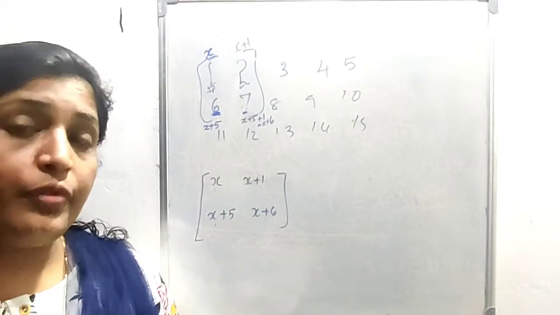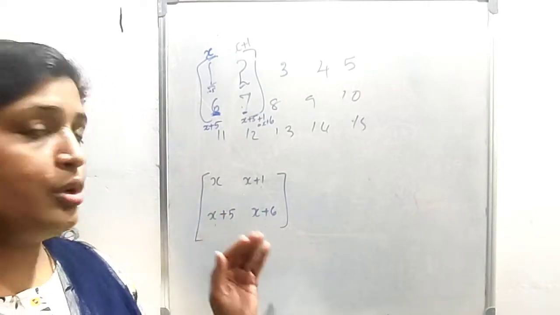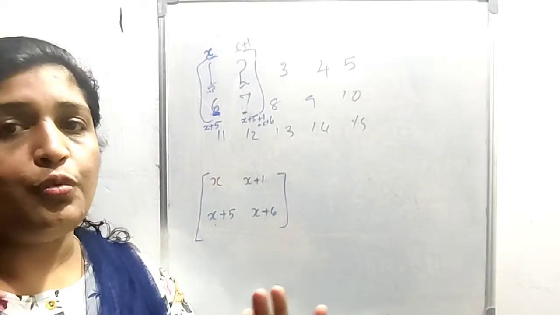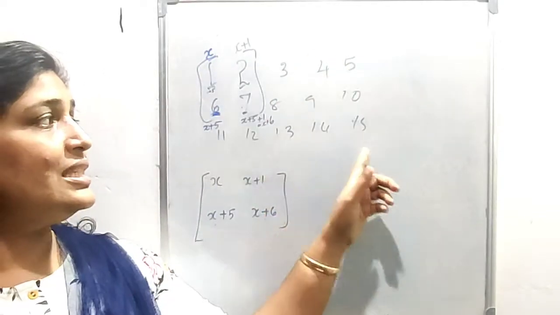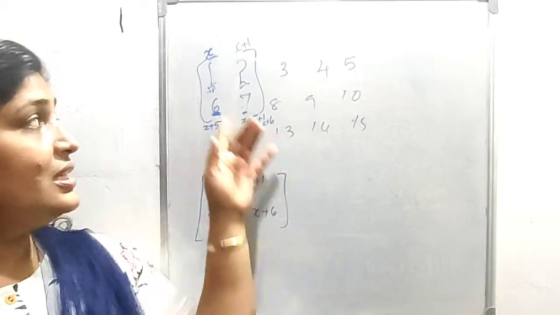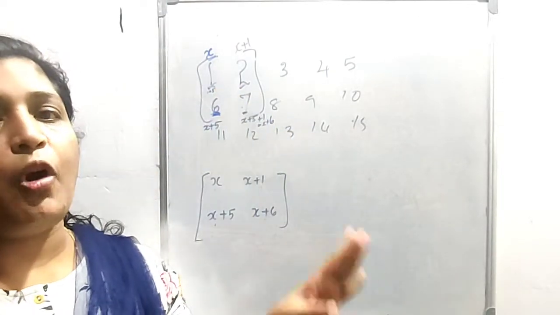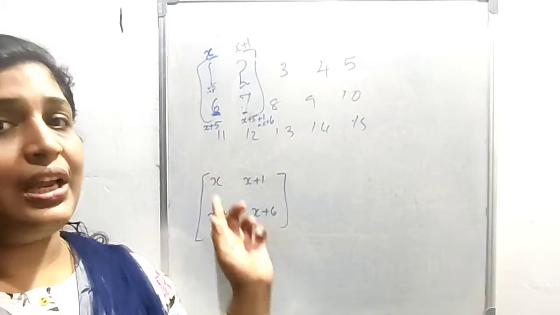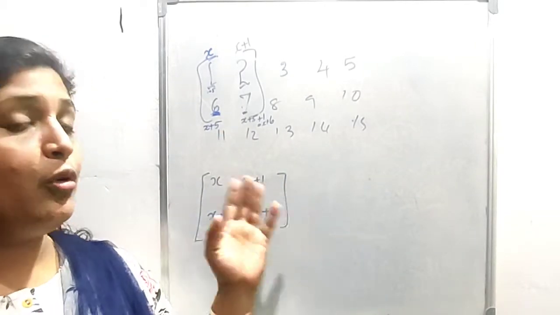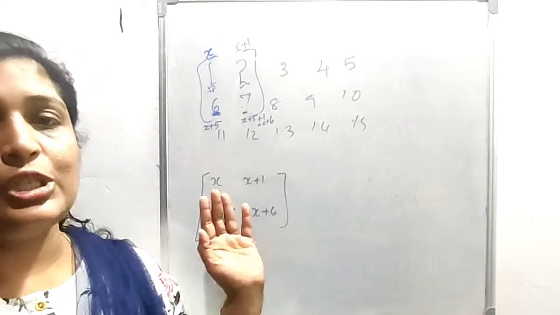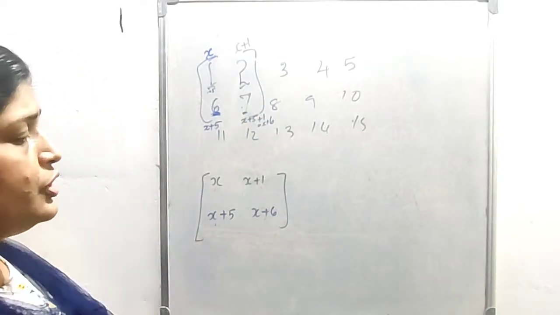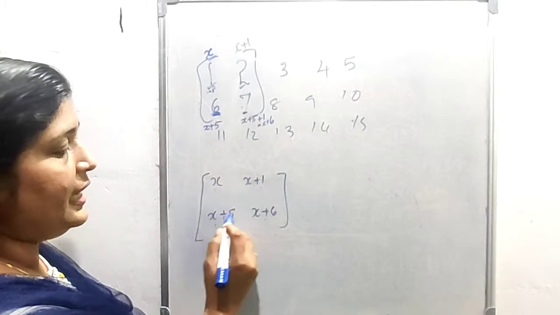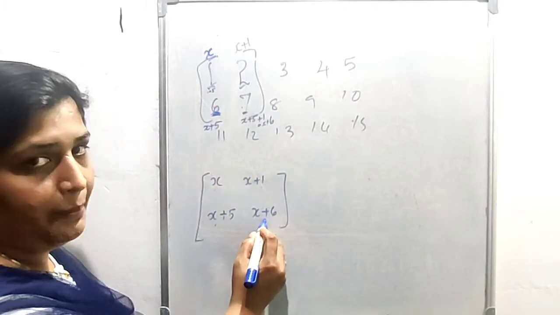Okay, so what are we going to explain? Yes, we need to show that the difference in the diagonal product is equal to 5. In this set of numbers we can see that the difference in the diagonal product is equal to 5. So we just extend that result to algebra, or we are going to explain this result using algebra. So here I took 4 numbers: x, x plus 1, x plus 5 and x plus 6.